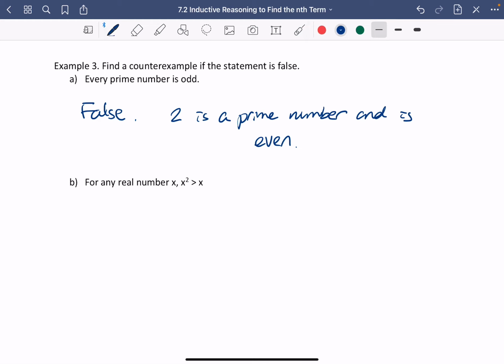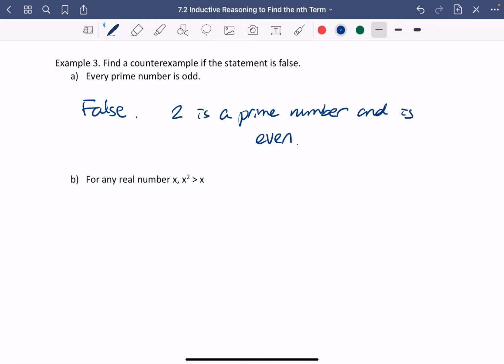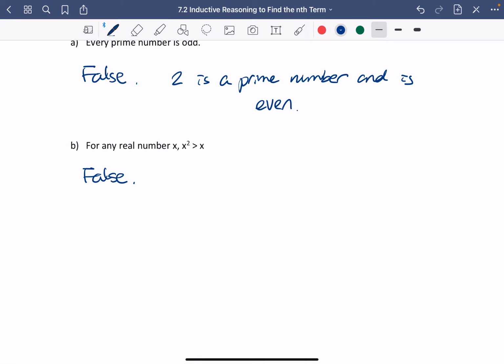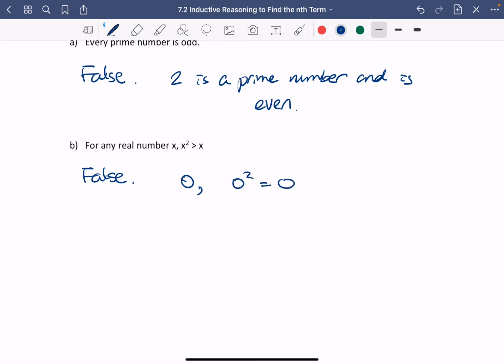Is it true or false? Again, this one is false as well, because let's find a few counterexamples for this one. For example, 0 will be a counterexample because 0 squared is equal to 0. It's not greater than 0. 1 could be another one. 1 squared is equal to 1. Not greater than